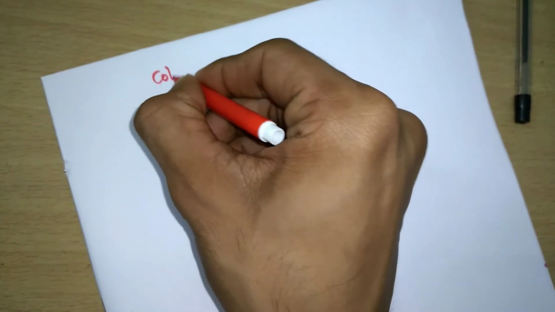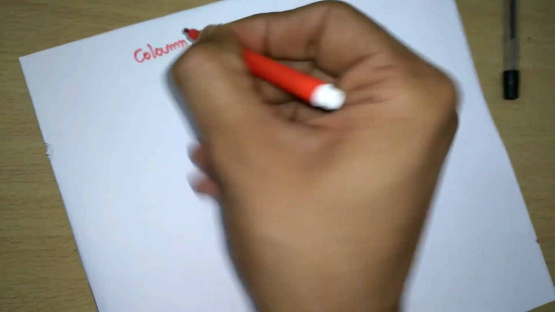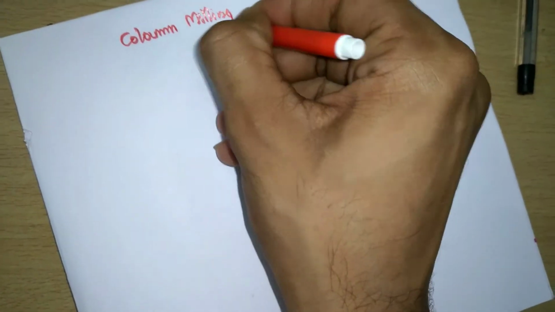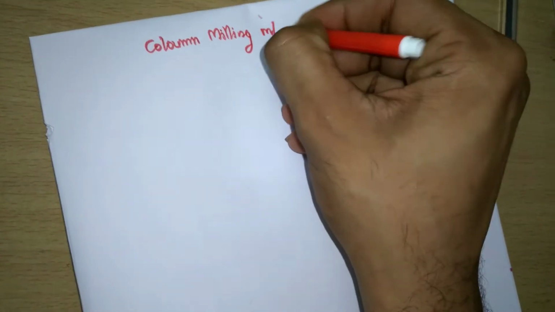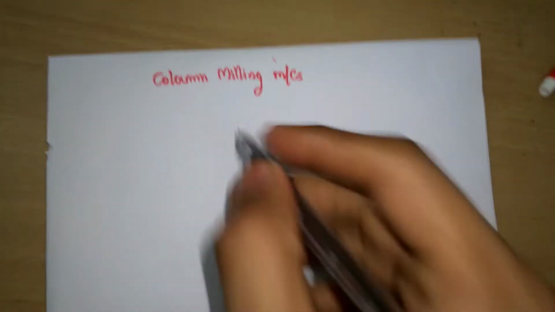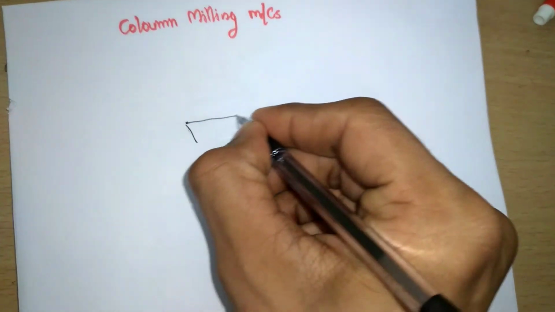So now we are going to discuss column milling machines. The common features of all the column milling machines are that there exists a knee